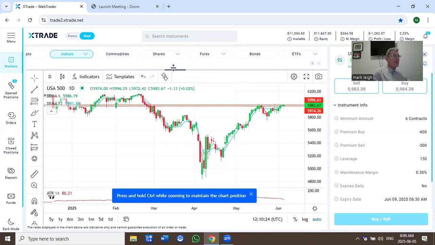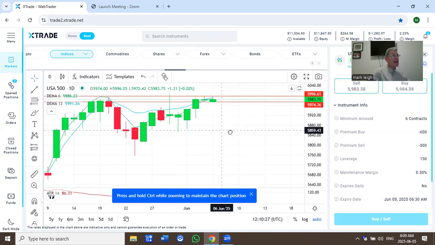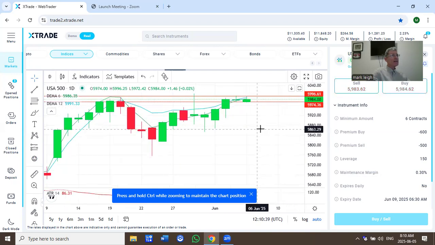Let's have a look at the S&P 500, which has been hanging around that resistance area for days now. And again, you see the same thing. Have a look on the daily, sitting right now at 5,983. We've got support 5,974 and resistance at 5,996. But price action, all contained within this very narrow range for the last few days, has tried this resistance area before in the middle of May, unable to break higher.